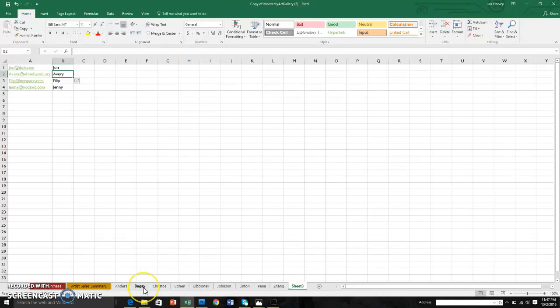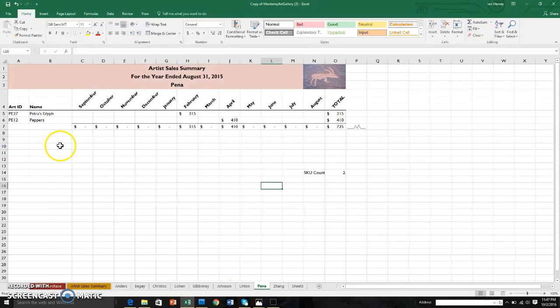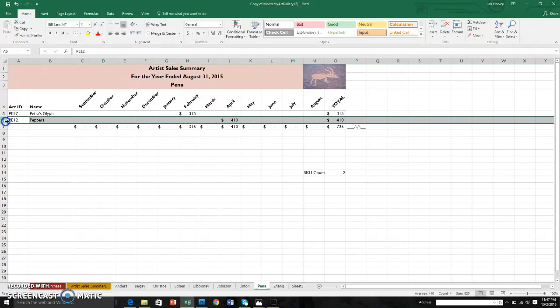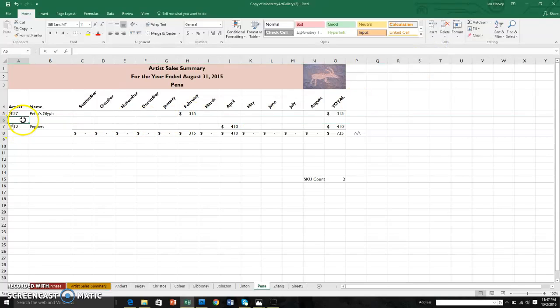Now, inserting lines and stuff like that, we're going to go to the Pana worksheet. Let's just say you just sold a new document, okay? So what I'm going to do is I'm going to insert this in between 5 and 6. So I click below 5, and I come up here to the Insert button, and I insert a cell. And then we name this, let's say PE23 or whatever, and then we call it 3 Sisters. And there we've